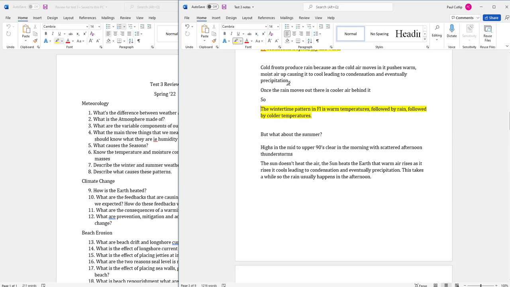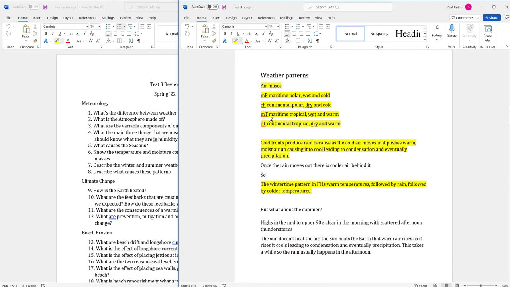And the reason we have that is because this pattern is dominated by cold fronts, right? This continental polar air moves in, it shoves that